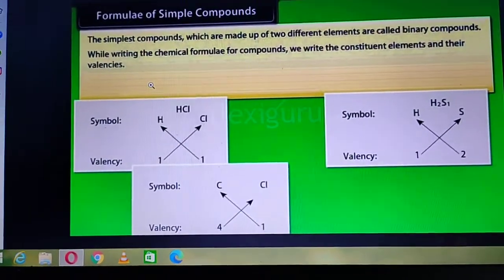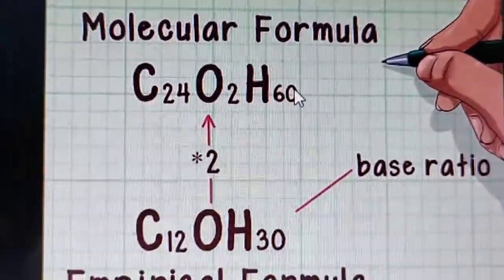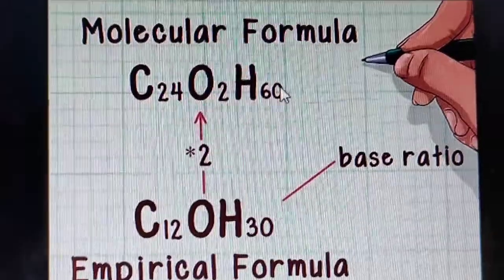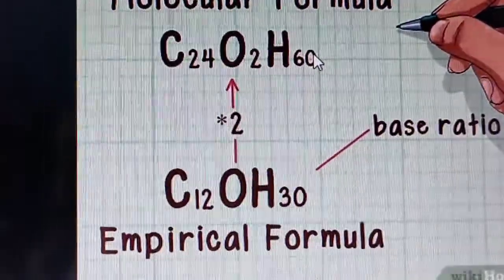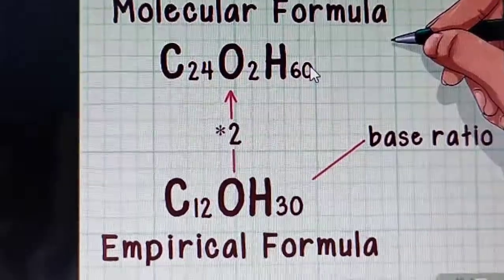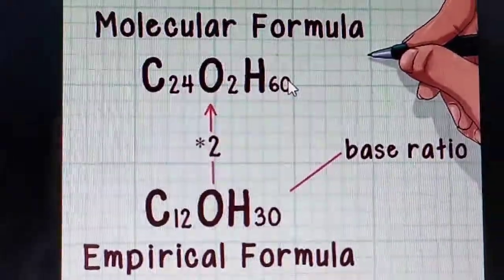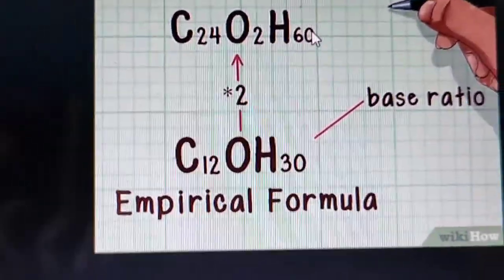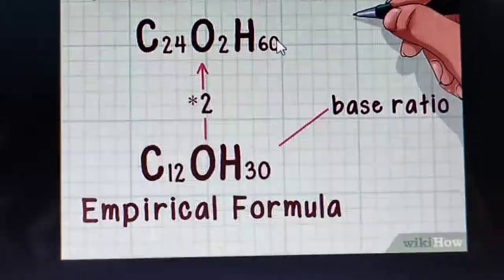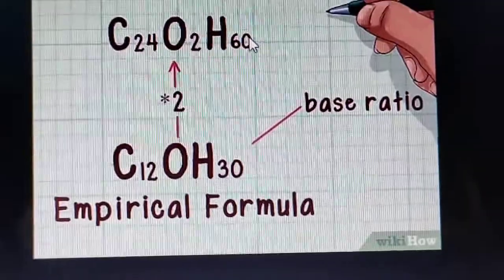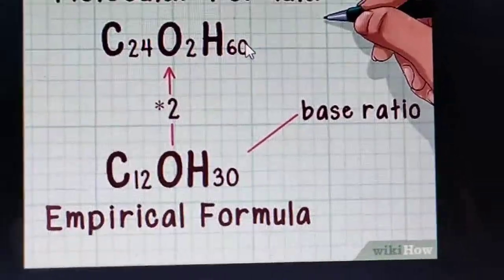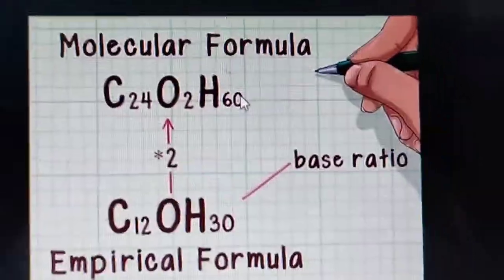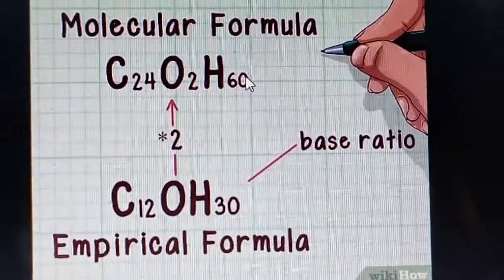What is a molecular formula? Now let us discuss the molecular formula and the empirical formula. The molecular formula is a notation of the molecule of a substance in terms of symbols and the number of atoms of each element present in it. Suppose hydrogen chloride is a molecule, so the molecular formula of hydrogen chloride is HCl. So it is a shorthand notation for the molecule of a substance in terms of symbols and number of atoms. It gives us the idea of the number of atoms also. For example, as you can see on the screen, a molecular formula is written.